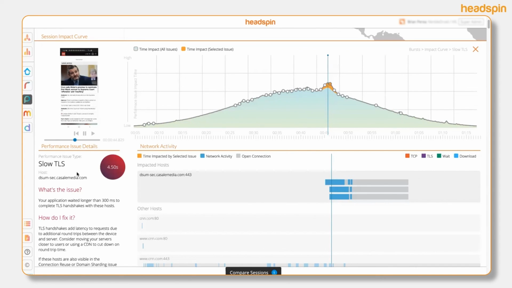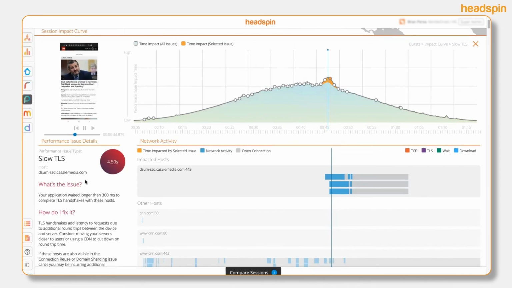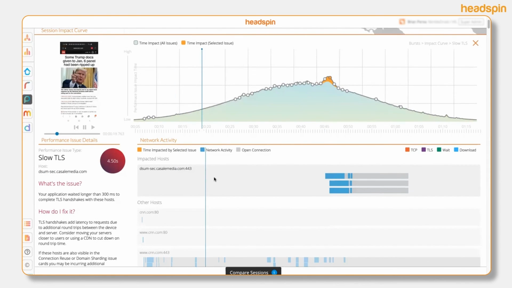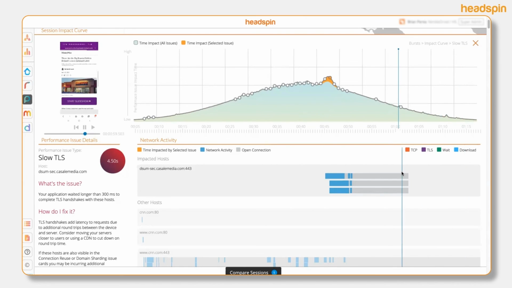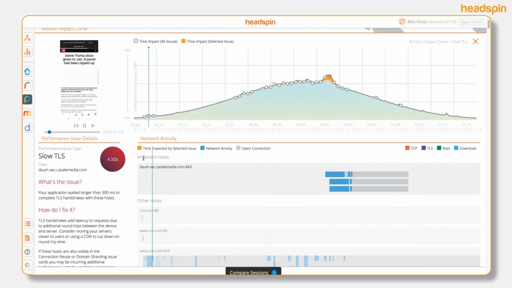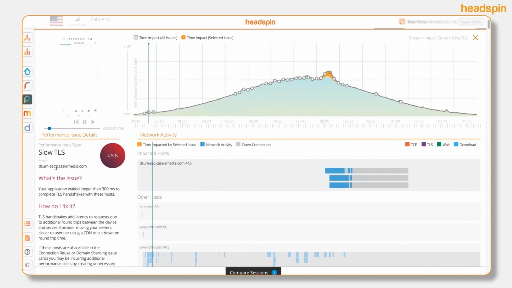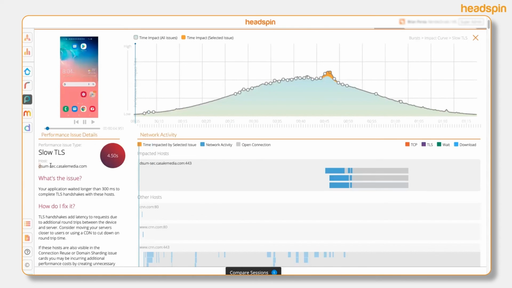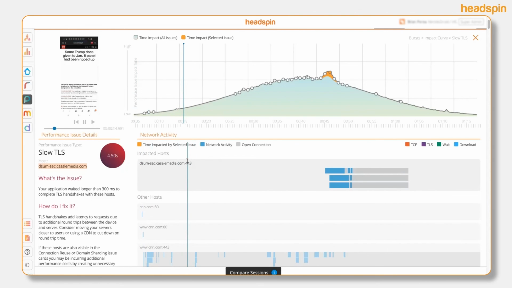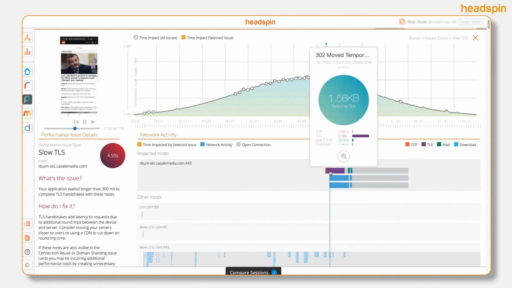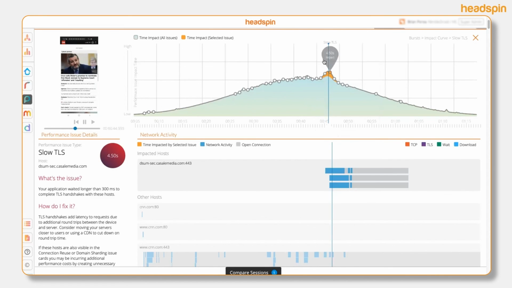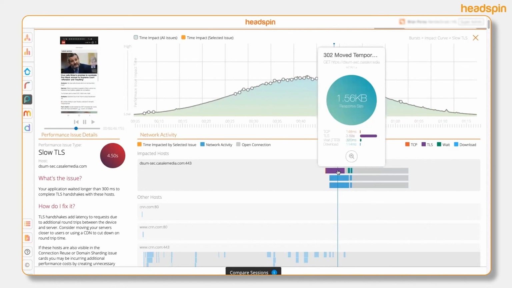So in this case, we have slow TLS. We have that same host that we identified as being particularly slow. And we open up this network activity view where, again, the colors of TCP, TLS, the wait time and download time, all of these colors are the same as what you would see in the Waterfall UI. Here you can see the impacted hosts are highlighted at the top. So this host is the first host that will be shown in this network activity view. You can click on any of these events to see, for example,